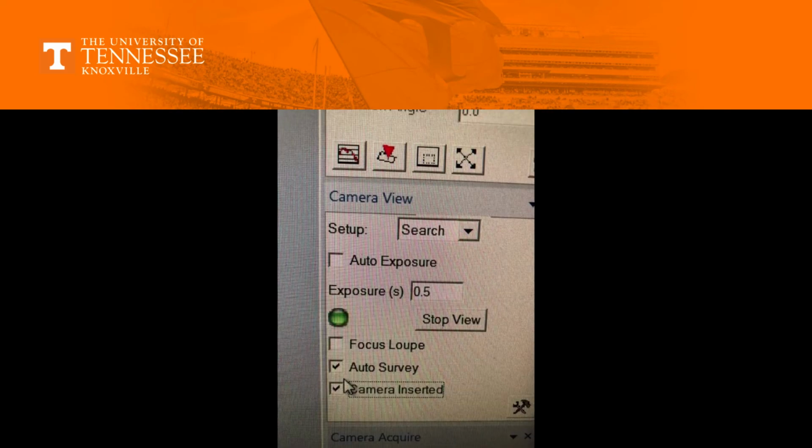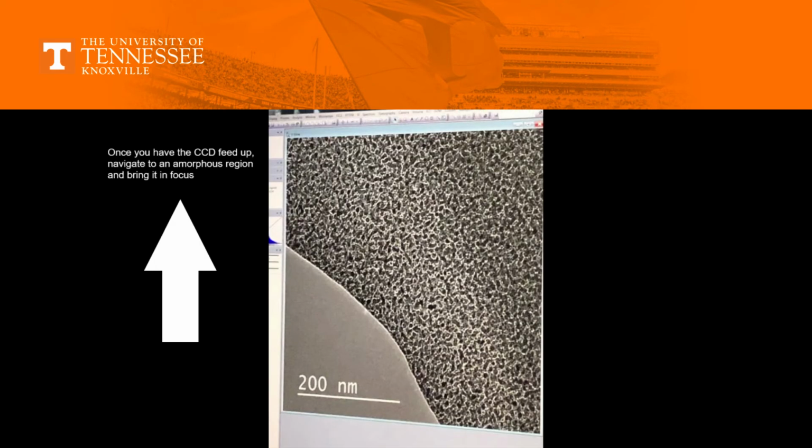Finally, we'll correct the objective lens astigmatism. Insert the camera if it's not inserted already. Then select Camera View to activate the CCD image. At this point, raise the viewing screen by pressing M8 on the keyboard. Then, in Digital Micrograph, click